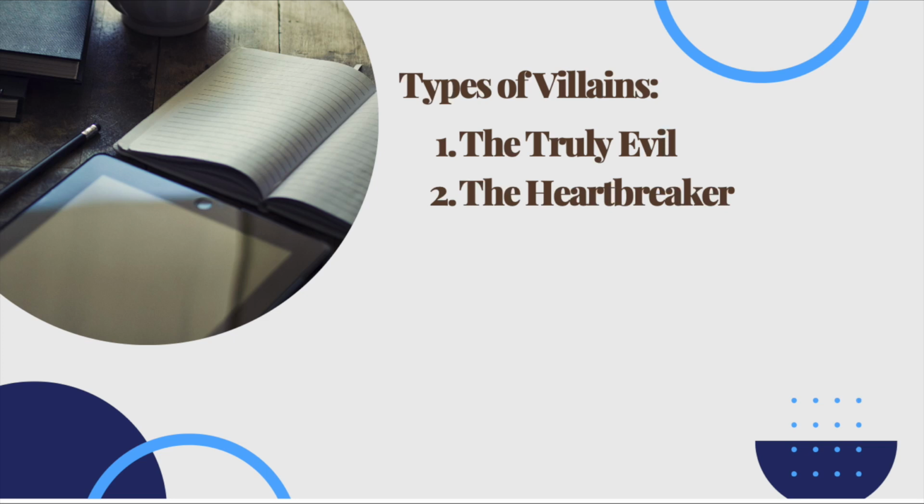Number 2 is what I like to call the heartbreaker. So it's a villain that starts out as evil, but as the story evolves, as you learn more about the characters, the world, the politics, the society, the villain's backstory, everything like that, you come to understand why. Now, this doesn't excuse their evil behavior or make it any better necessarily, but it does make it relatable, understandable,